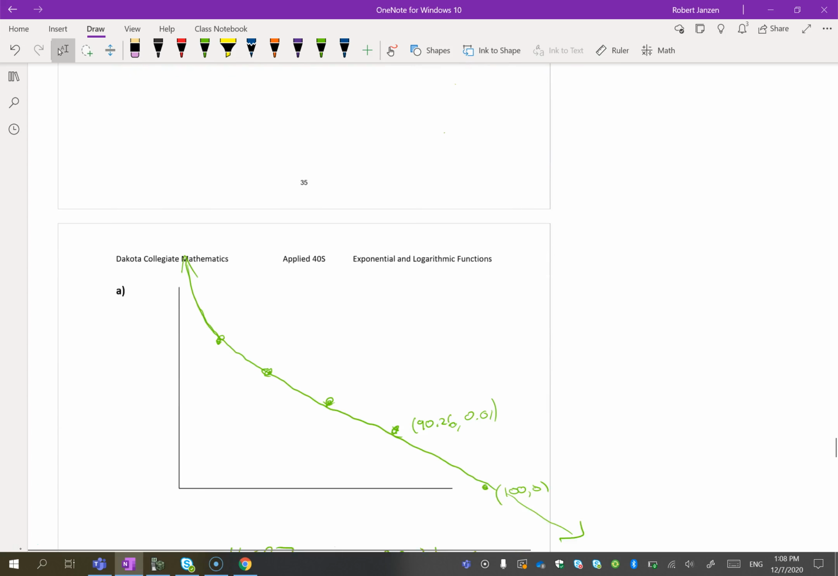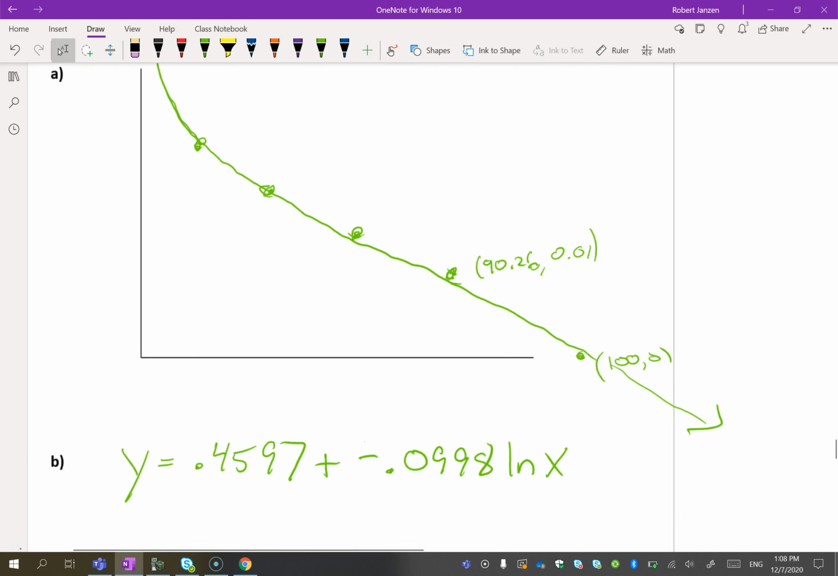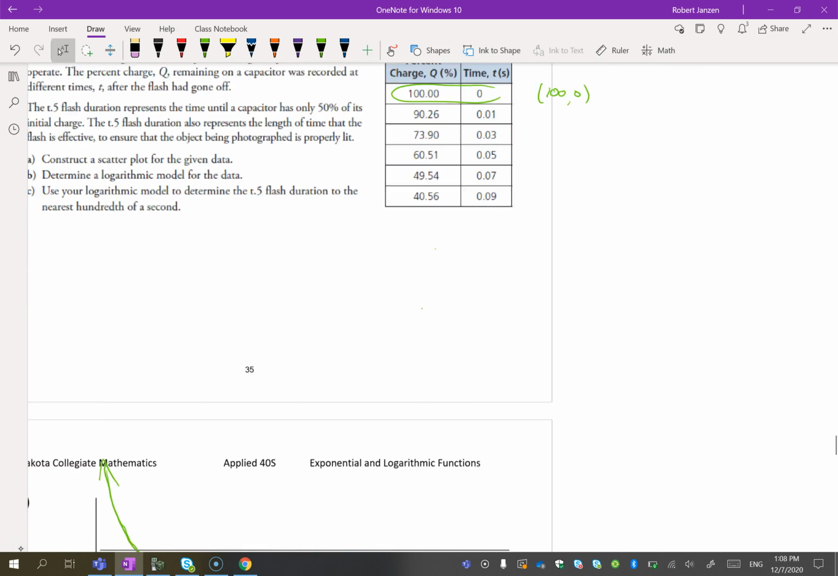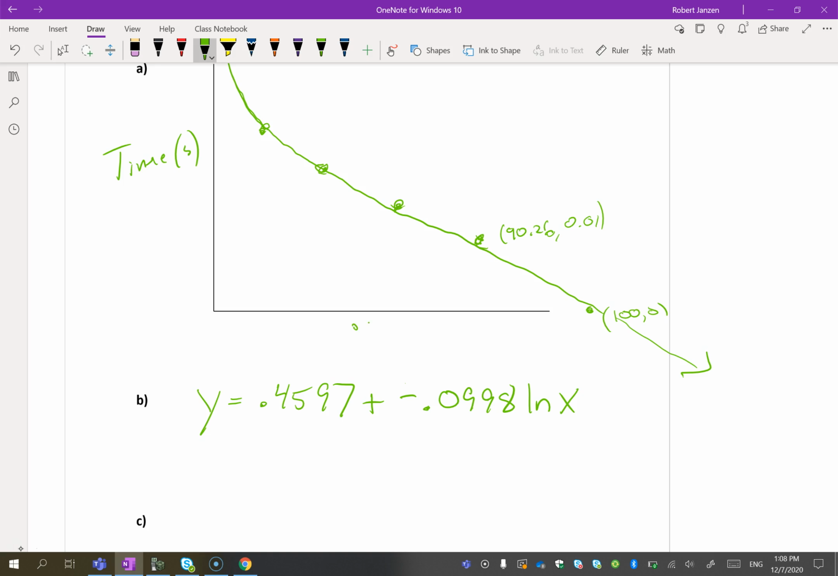Okay, before I answer that, part C, I actually just wanted to go back to this graph, look a little bit more closely at this. We didn't label this graph. We should label this. So what's our y-axis? Well, if you look on the table, our y-axis is time. So I should write that here. That's in seconds. And then here, this is our percent charge. Okay,